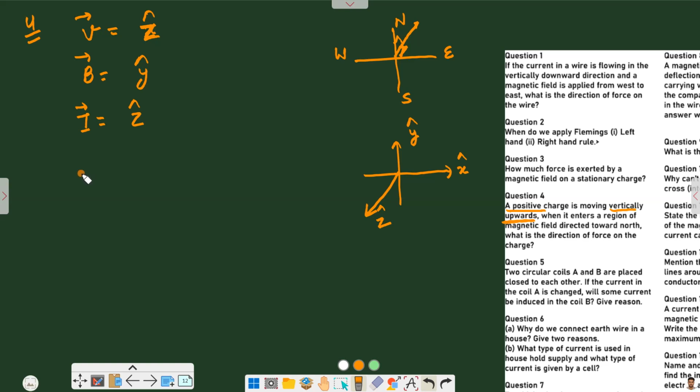Now we have to find the force. So force depends upon direction of current and direction of magnetic field. Actually here direction of length comes, but direction of length is same as direction of current, so that's why I write direction of current. Now direction of current is Z and direction of field is Y, and using our old formula x, y, z,